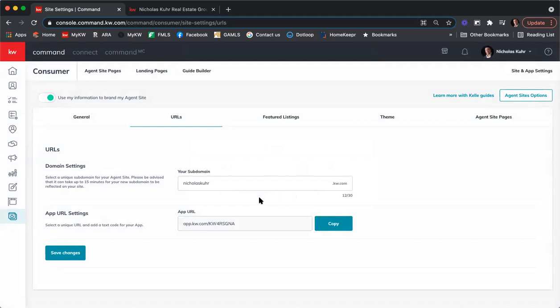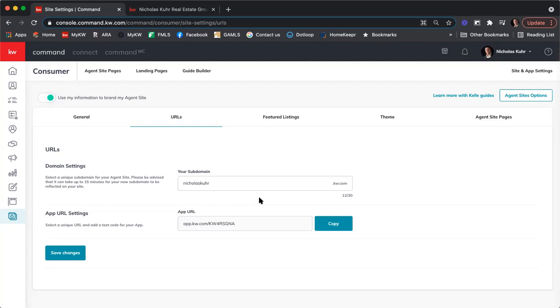One thing I want to point out here about URLs is that at the moment, we do not have the ability to use vanity URLs. So if you have purchased a URL through either GoDaddy or Google or somewhere like that, at the moment, we can't have that URL appear as our website. In the past with Placer, I had nicholaskuhr.com, and when someone went to nicholaskuhr.com, it just loaded my website, and everything looked like it was on nicholaskuhr.com. At the moment, the only thing that we can do is forward. So within GoDaddy, you can update your settings so that if someone types in nicholaskuhr.com, it automatically forwards them to